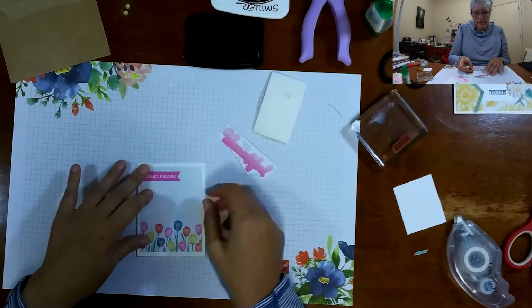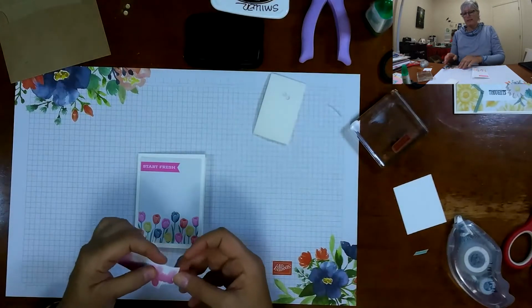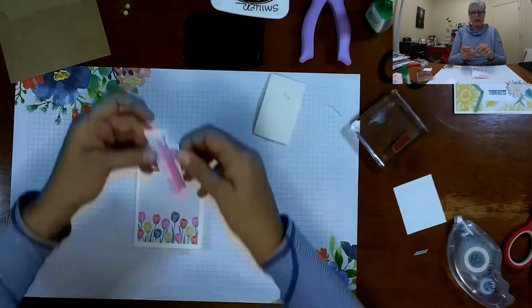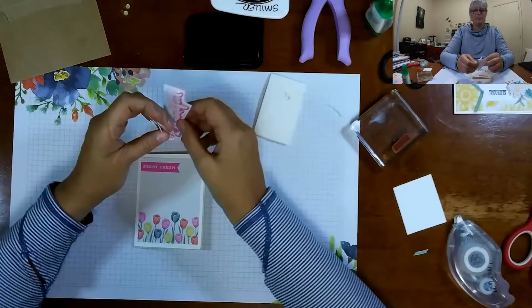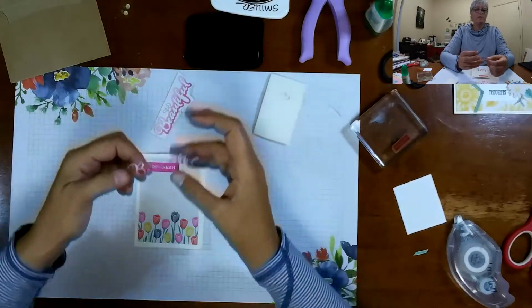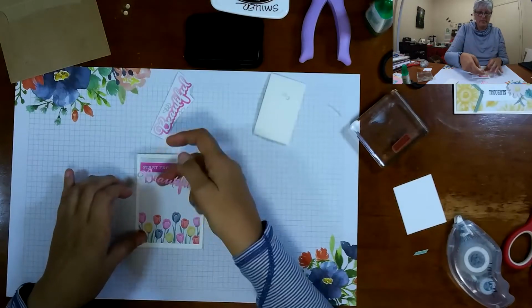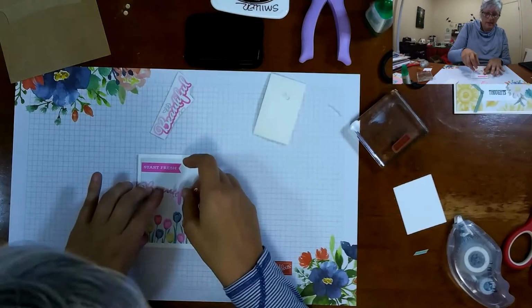It's, again, number one reason I love the Memory and More cards as an item that is not just for memory keeping albums. And I'm going to carefully pull that out. Be very careful as you lift your words. They are a curvy font and they're very delicate. They'll tear easily. So I'm going to go ahead and lay that down, trying to be careful, trying to get